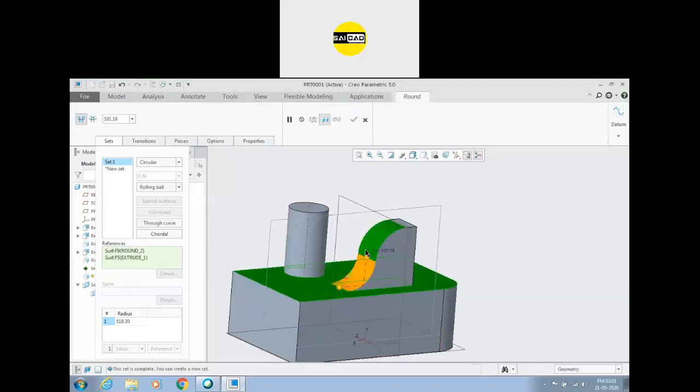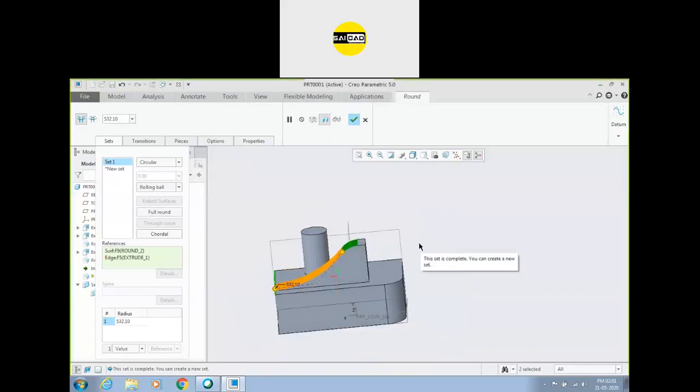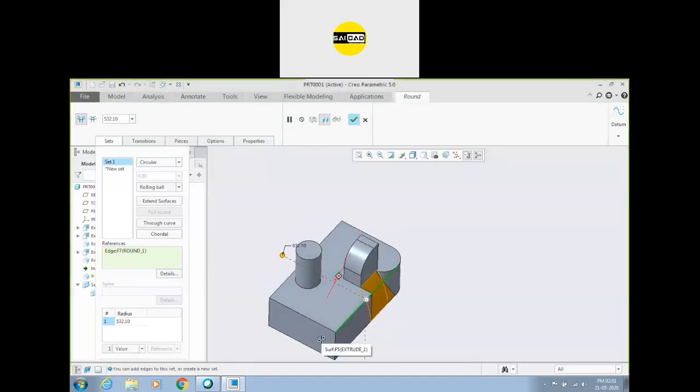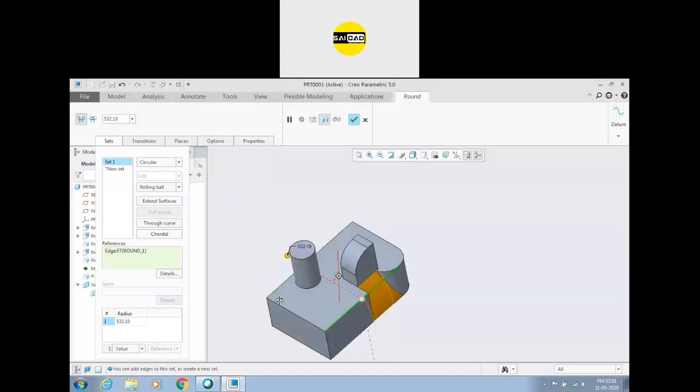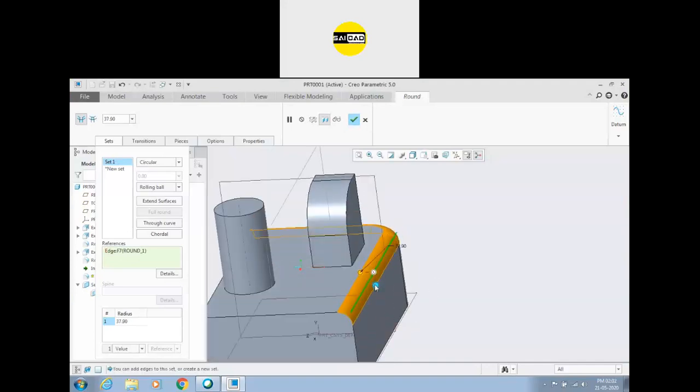Okay, first we have selected these two faces. We can create the fillet, but I can also select the face and the edge. The fillet will be created according to that also. Okay, so there are so many options you can create the fillet with. So the most required thing is you have to just select the face or edge, and you can create the fillet with the help of that. Okay, so the value is bigger, so I can just go like that.